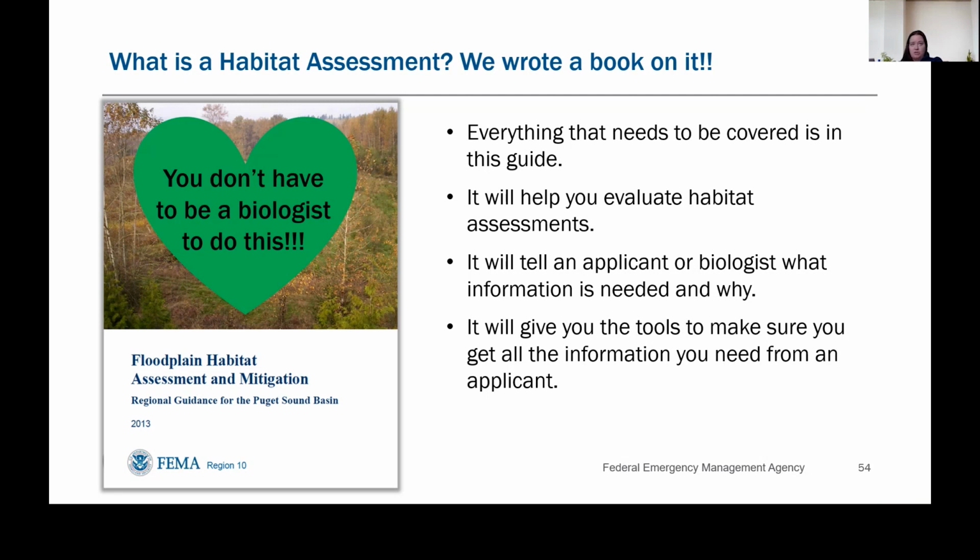Their arguments and determinations should be easy to grasp based on the habitats that are there and the proposed development. So if you don't understand it, it is not you. It is not your fault. Continue to volley back, have more conversations, ask more questions until you feel confident, because like any floodplain development, it's